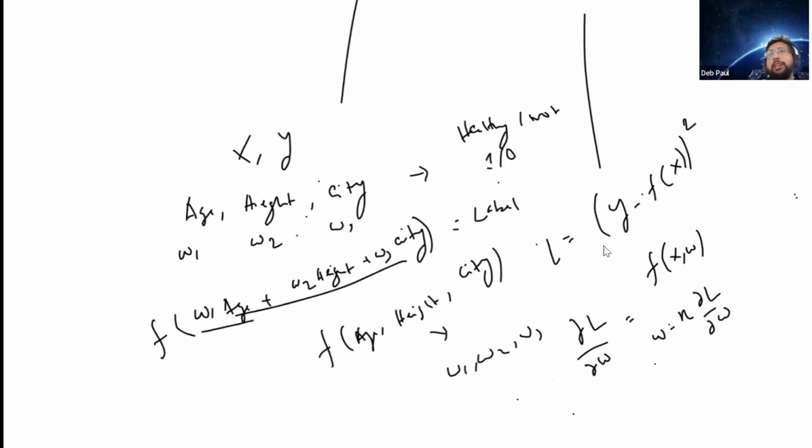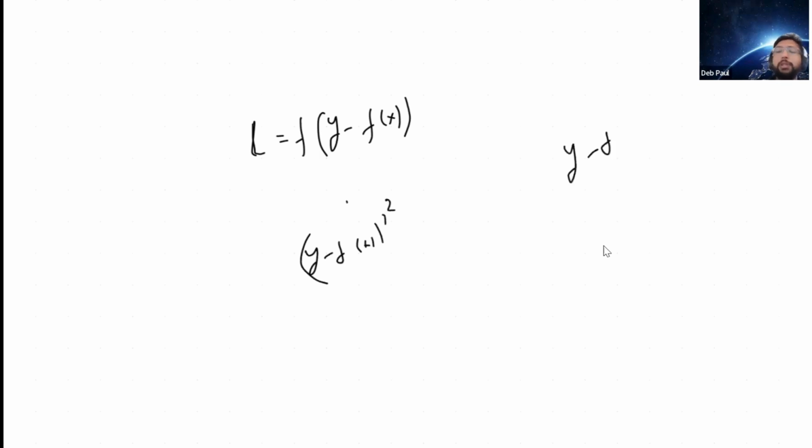There are two kinds of schools. One is that I assume a loss function. A lot of textbooks and blogs that I have seen say, okay, how do I create a loss? The loss is nothing but my actual value minus my predicted value, and the loss is a function of this. The function can be y minus f of x squared, or it can be y minus f of x, just the absolute value of this.